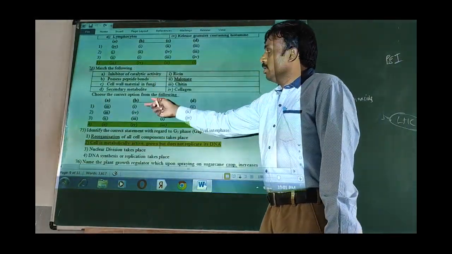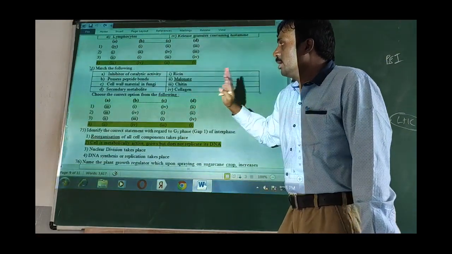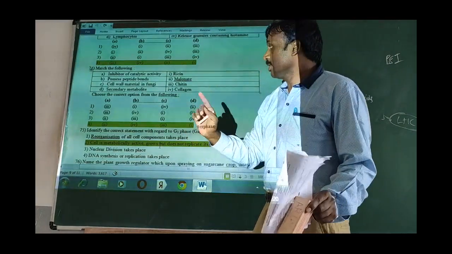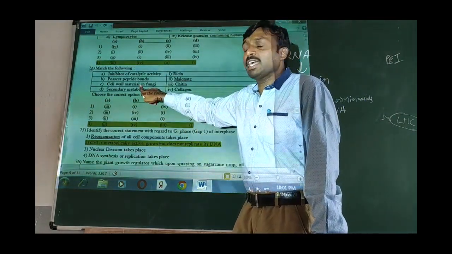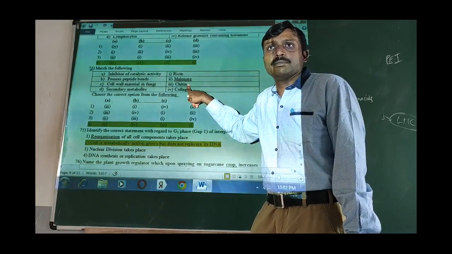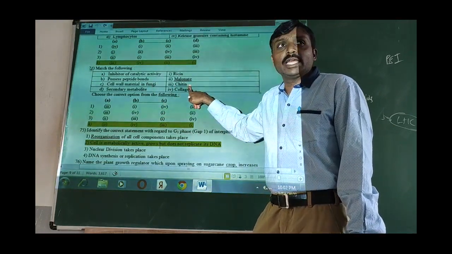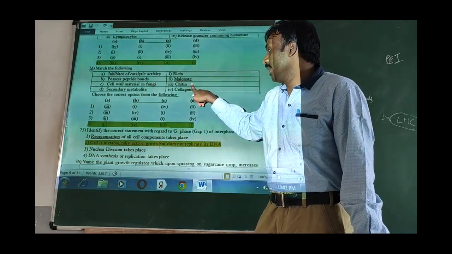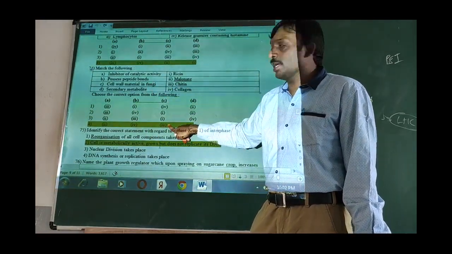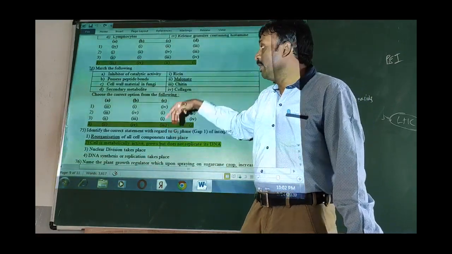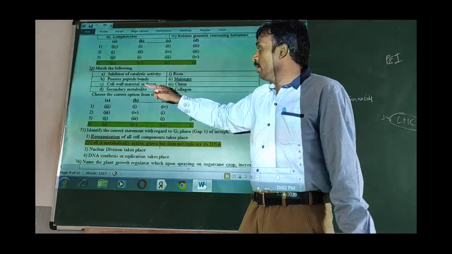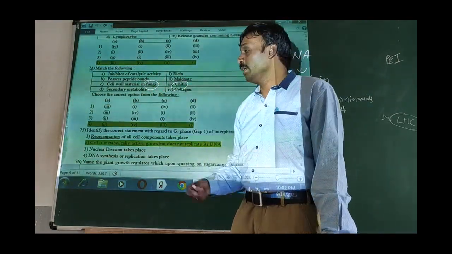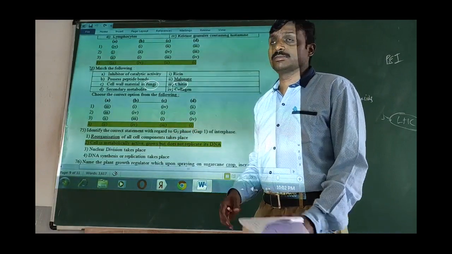Then 74. So this one again, here in this process, if let us say you don't know anything, at least if you remember from your first year, fungi cell wall is composed with chitin. So this one thing is enough to identify the answer. C, 3, only one option is given. Even if you don't know any other thing, but if you remember this basic one, fungi cell wall is composed with chitin, then you are able to answer this.